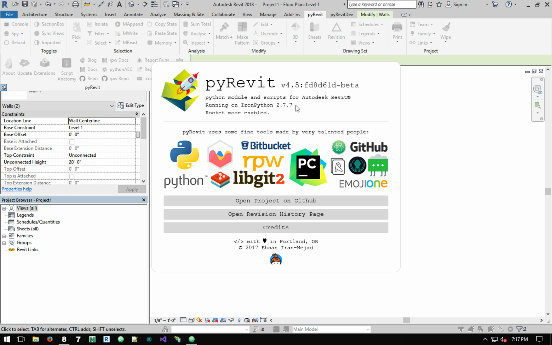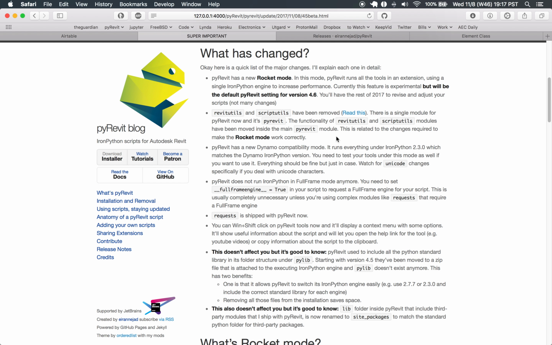Obviously, it's running in the 2.77 version. So let's talk about the core changes that I've mentioned a couple of times. One of the biggest changes in pyRevit 4.5 is the massive rework that I've done on how it executes scripts and stuff like that on the back end. There were two driving factors for me that I really wanted to do this. One was the memory leak issue that I had with pyRevit, that if you keep using pyRevit for a period of time, it would get slower and it would slow down your Revit and you had to close it and stuff like that. One was that, and the other one was that I really wanted to boost up the speed